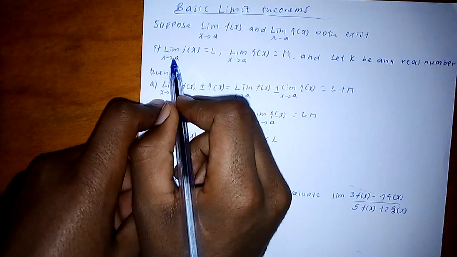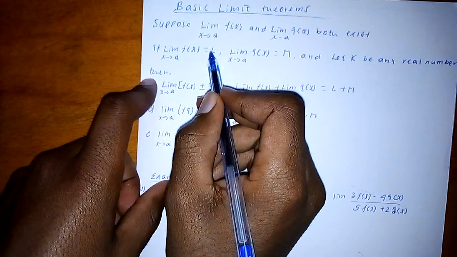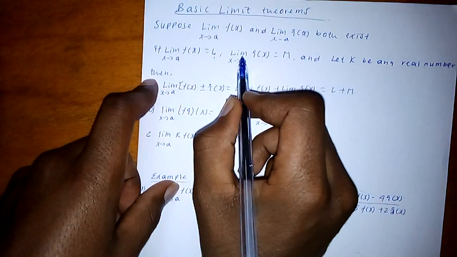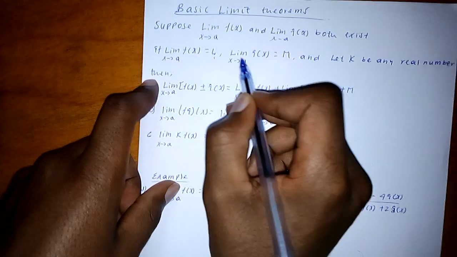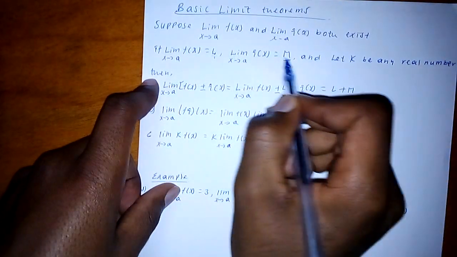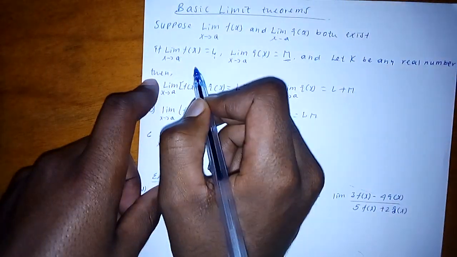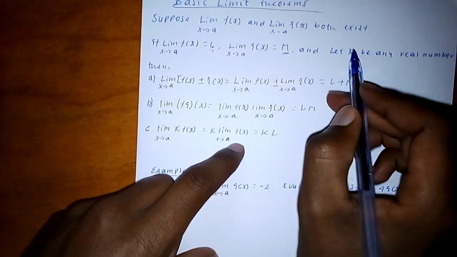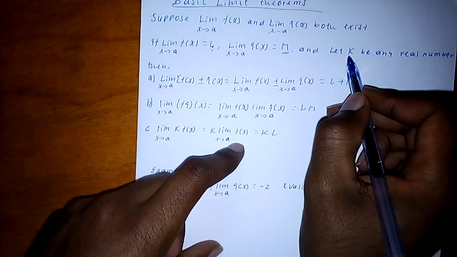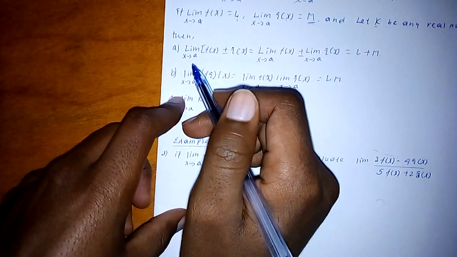Then if the limit of f of x as x approaches a is L, this L is a constant number, and the limit of g of x as x approaches a is M. This M and this L are real numbers, the results of f of x and g of x. And let k be any real number, or a constant number. Then